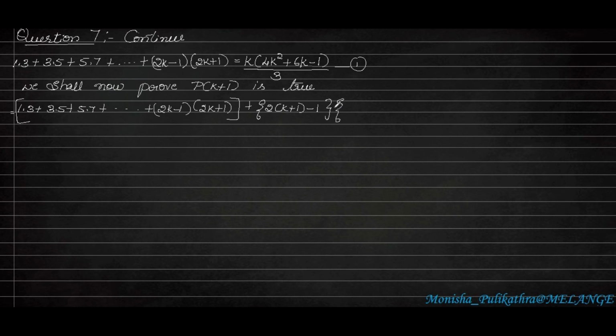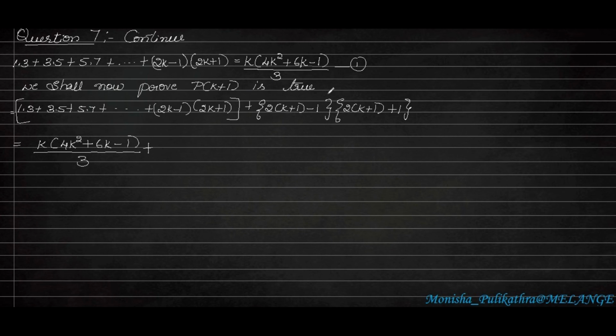In the same way, here 2k plus 1 is there, so we have to write it as 2 of k plus 1. Then close the bracket. Again, we have to write this plus 1 and close it in the flower bracket. This is the way of writing when k plus 1 has to be included in a bigger, lengthier sum. Since we know this series is equal to this equation, we can substitute this equation instead of this series. So it will become k into (4k square plus 6k minus 1) whole divided by 3